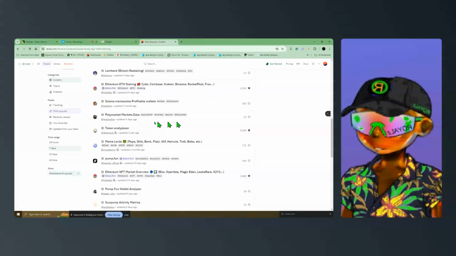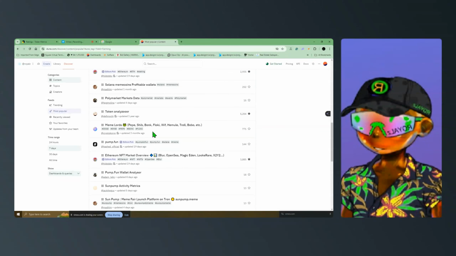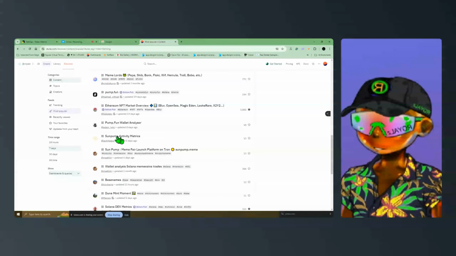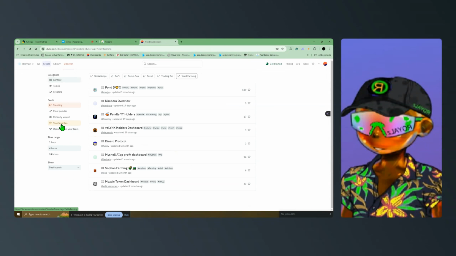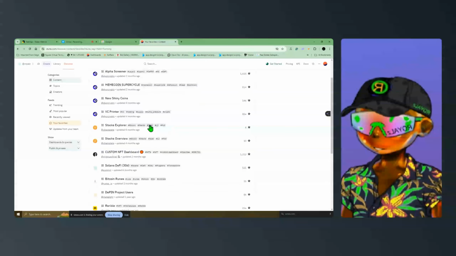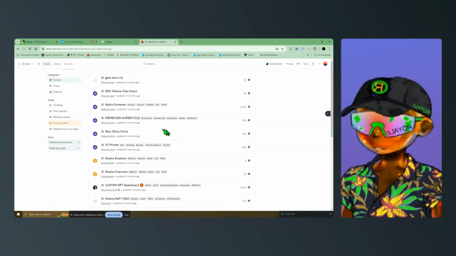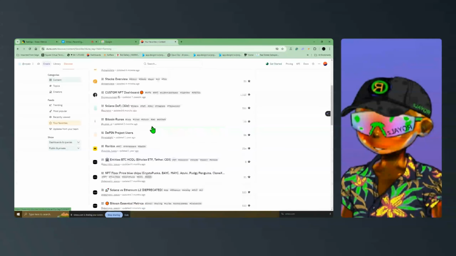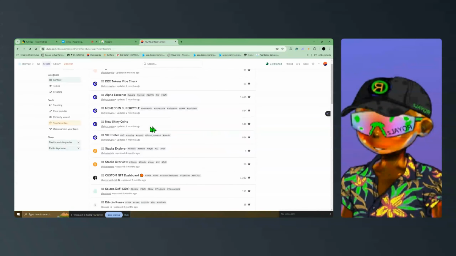Got Polymarket data, token analyzer, meme lords, Ethereum NFT market overview. And then you can do your favorites. So my favorites here, these are all updated months ago. But the cool thing about the queries is you can just run these again yourselves. Okay. So let's just say we wanted to know